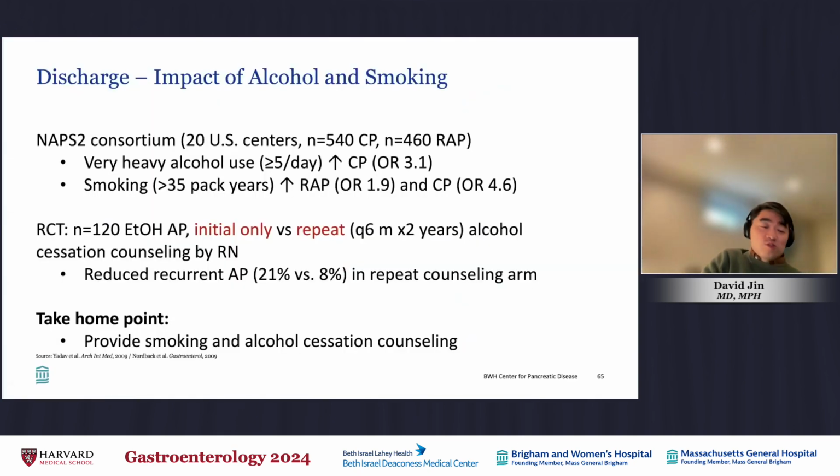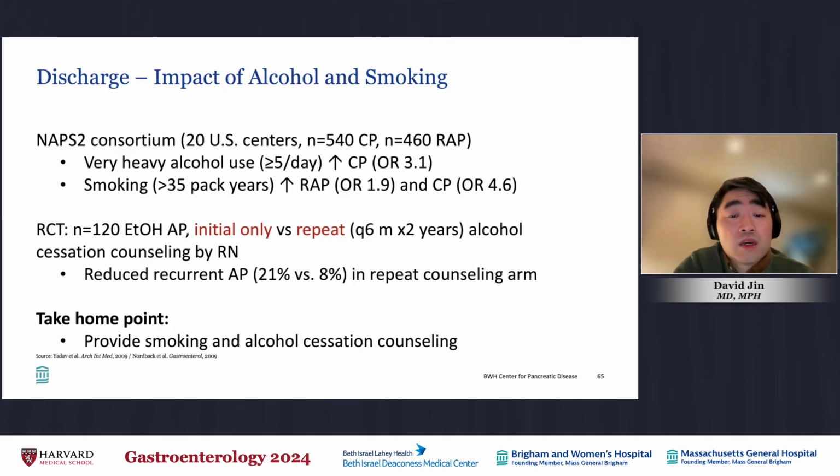So what factors should we think about at discharge? Well, there's certainly an impact of alcohol and smoking. The NAPS2 consortium, which comprises 20 US centers, showed that not only does one episode of acute pancreatitis increase the risk of chronic pancreatitis, but that risk was substantially higher in those who used very heavy alcohol or continued to smoke. There was actually an RCT